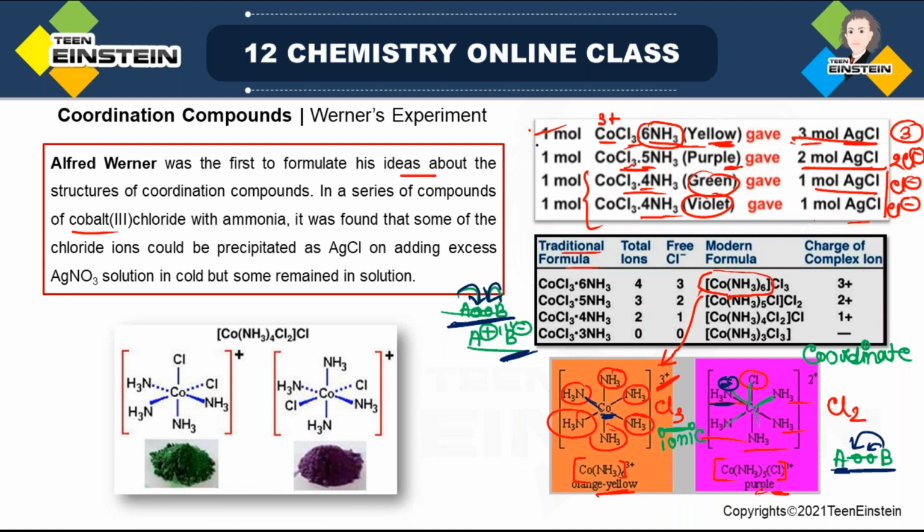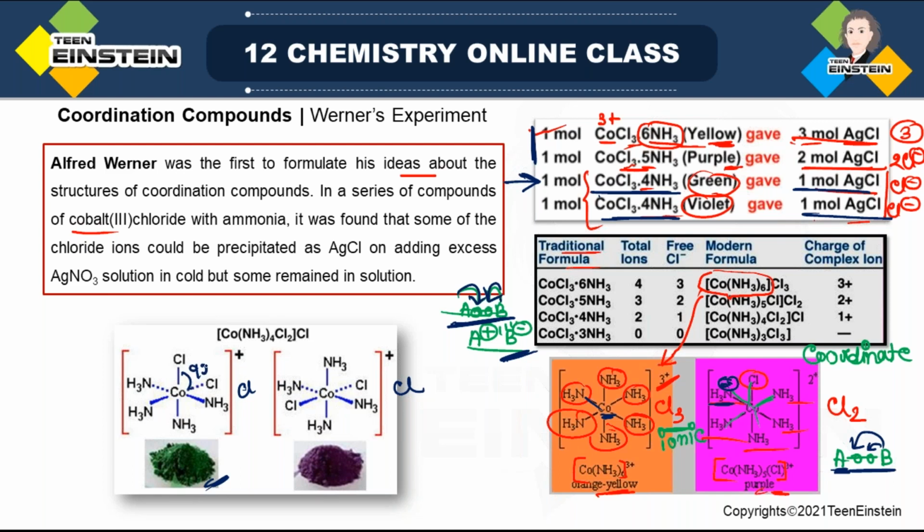So the first two molecules we have seen, one is yellow, another one is purple. But now see why these two compounds have the same formula, same traditional formula, but the color is different. Now try to understand the reason. Here you are getting 1 mole AgCl, that means only one Cl is outside the sphere. That is why you are getting 1 mole AgCl. So 2 chlorides are inside the coordination sphere, or better I say the third bracket. Now inside the sphere, these 2 chlorines, their environment may be different. See, in the green colored coordination compound, that is this one,